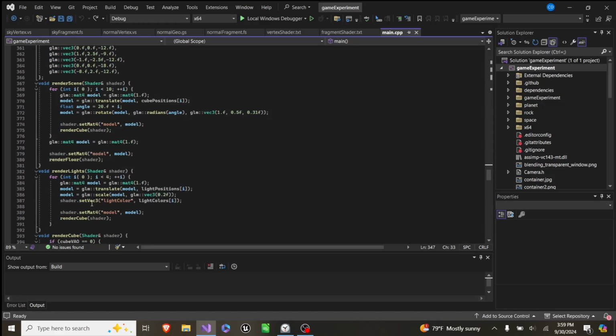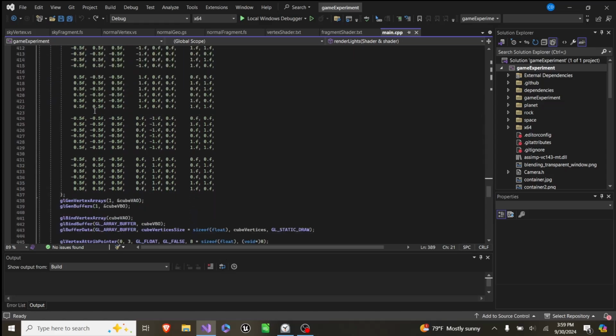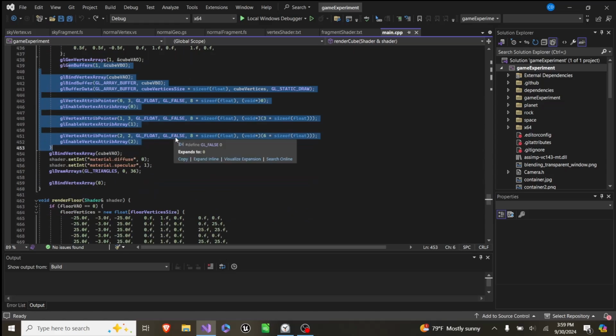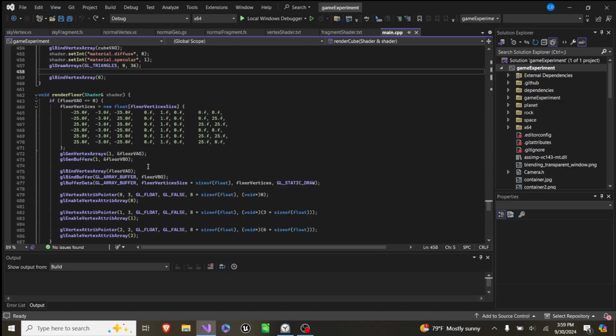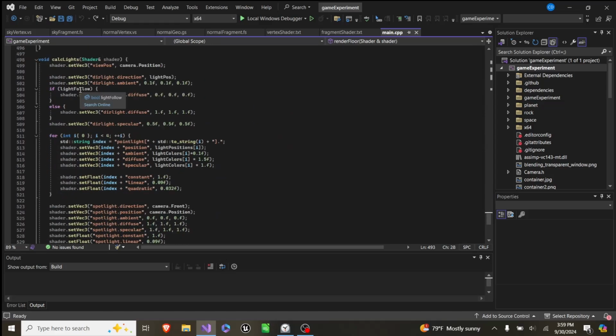And these render scene, render lights, render cube, these are just functions. Render scene has a for loop that draws 10 cubes, render lights draws the 4 lights, render cube just creates the VAO and VBO and draws the cube, render floor does the same thing but for a floor, and then calc lights sets all of these values